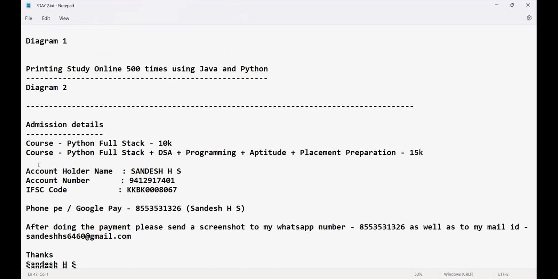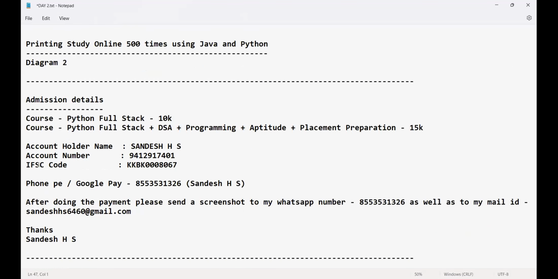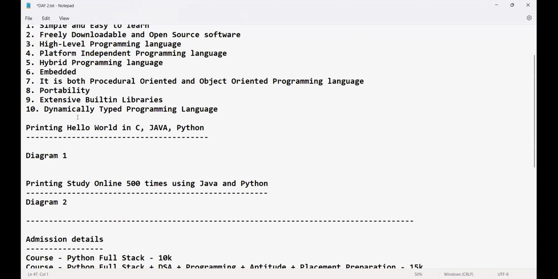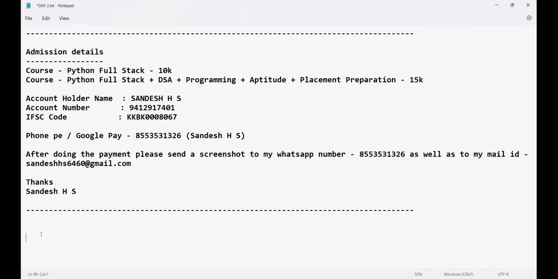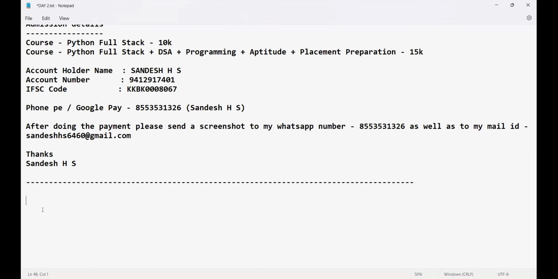And I'm really sorry for taking an extra 15 minutes, because if I say exactly from 6:30 to 7:30, I should conclude. Because I explained more about machine learning and all those things, I have taken some time. I'm really sorry for that. But if you ask me what will be the timings, the demo class is only 1 hour. The regular class will be from 1 hour 15 minutes to 1 hour 30 minutes, not more than 1 hour 30 minutes. Is that clear for everyone? I cannot say exactly, but it will be between 1 hour 15 minutes to 1 hour 30 minutes.